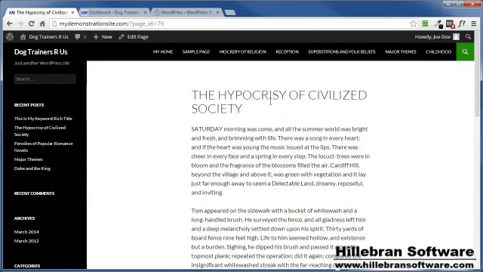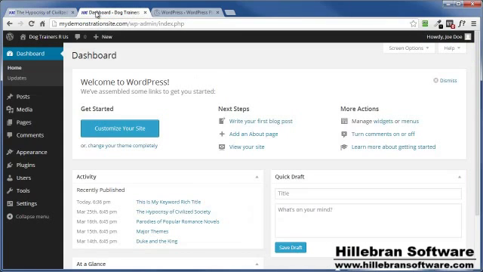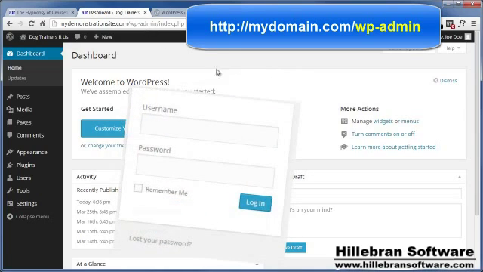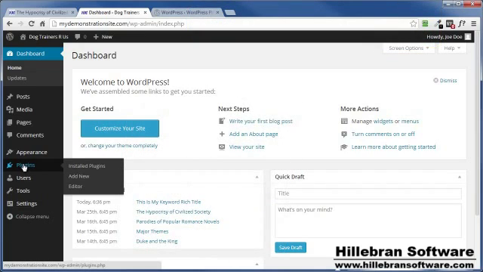Now to do this, we need to log into the dashboard area of our site, and I've already done that here. If you haven't done so before, just put the URL to your WordPress site up here in the address bar of your browser, follow that by a /wp-admin, hit enter, and then a box is going to pop up asking for your login credentials. Enter that stuff, log in,